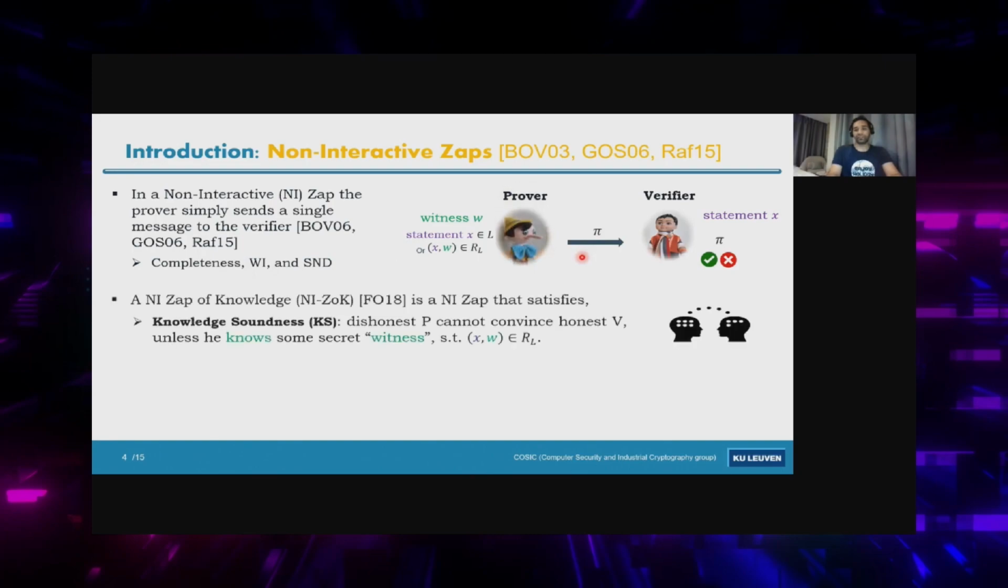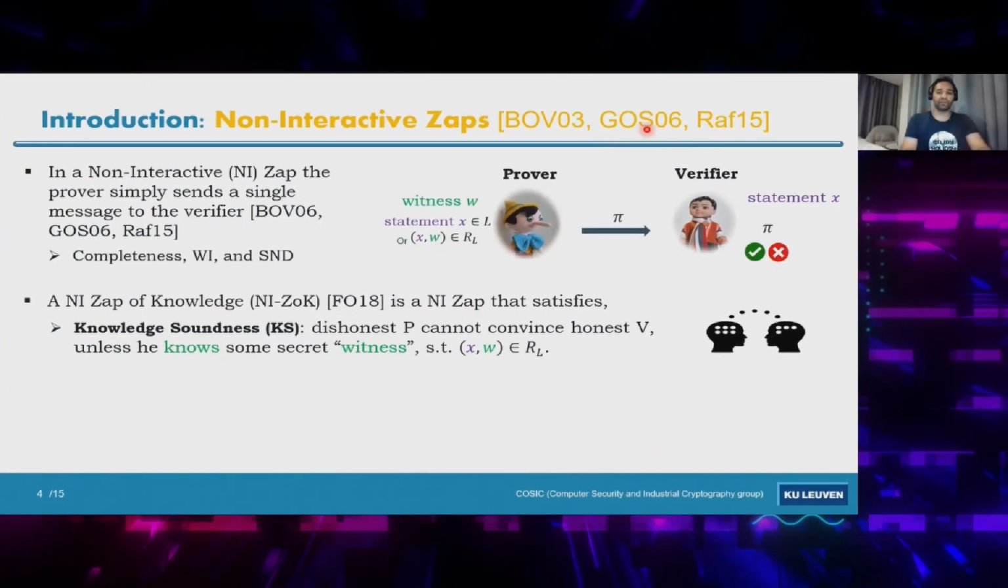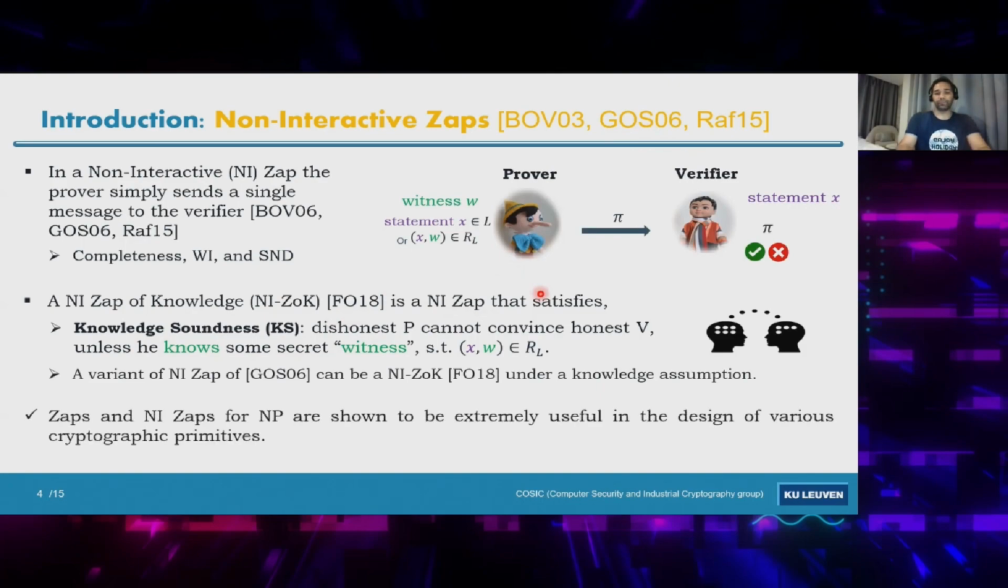In practice, it's interesting that sometimes we expect to achieve an even stronger notion than soundness, which is called knowledge soundness. Sometimes we expect this in protocols that want to achieve stronger security notions. These sorts of proof systems are also called proofs of knowledge. For that reason, they are also called non-interactive ZAPs of knowledge. This was first presented by Fuchsbauer and Orrù in 2018, who showed that a variant of the Groth-Ostrovsky-Sahai non-interactive ZAP can also satisfy this property. And this